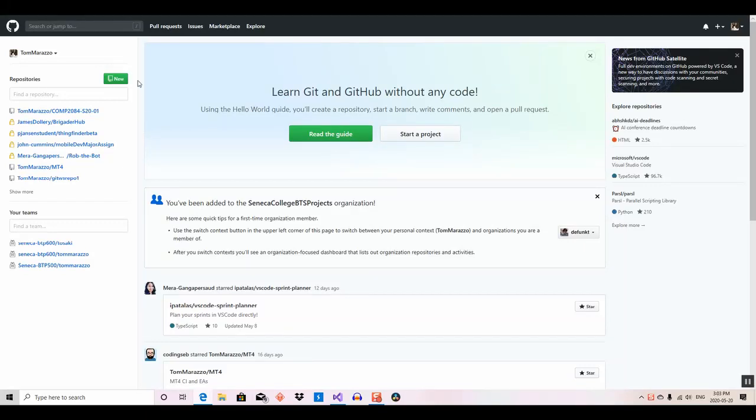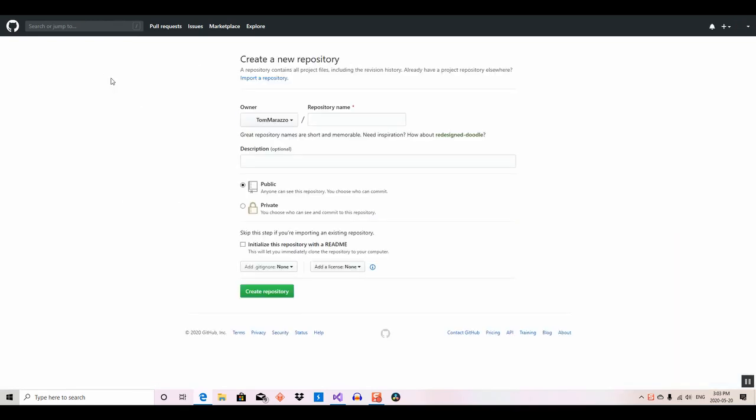What I'm doing in this first part is I've logged into GitHub and I'm going to create a new repository. I'm going to give the repository a name that makes sense to me, as well as put in a description of what the repository is about. I'm going to set mine to public, but as a student, you would probably want to set yours to private,